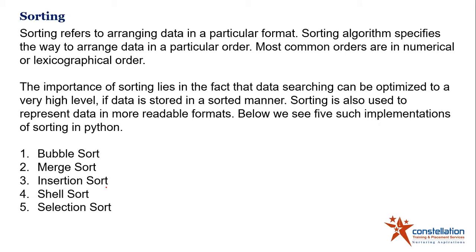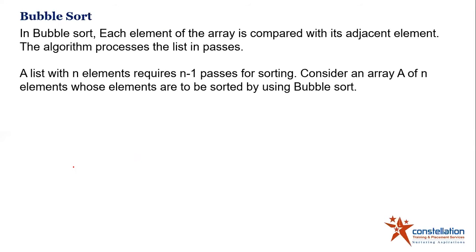In most of the cases, we go with ascending order itself. And there are n number of sorting algorithms. If you look at the screen, I have mentioned 5 kinds of sorting over here: bubble sort, merge sort, selection sort, shell sort, insertion sort, and there are other kinds of sorting like Radix sort, and many others. For the time being, keeping time into consideration, we will just discuss bubble sort today. So let us go ahead and talk about bubble sort.